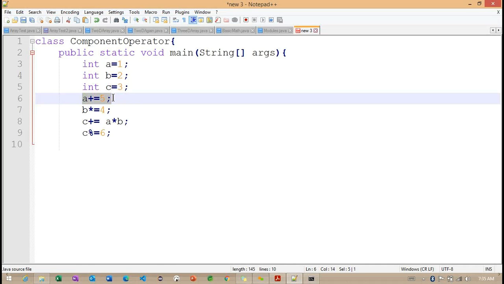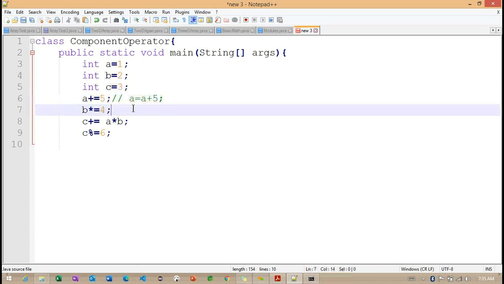To understand how exactly internally it's going to be converted: a to a plus, say this particular expression. So b is equals to b multiplication 4.